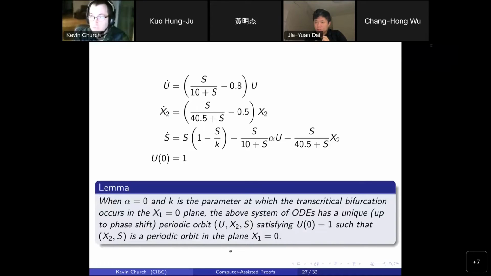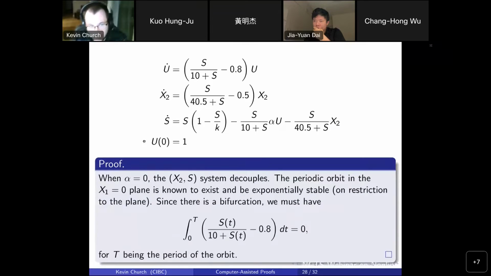It's a very simple proof, which I will show you in a second because it's inconsequential to the computer-assisted proof. In fact, we don't even need this. If alpha is equal to 0, then there is a unique periodic orbit living in the x1 equal to 0 plane, which in the variables u, x2, and s is isolated in a sense. The system of ODEs does indeed have a unique periodic orbit, up to phase shifting, that satisfies u of 0 equal to 1 and such that x2 and s is a periodic orbit in the x1 equal to 0 plane. And as for how we know that,